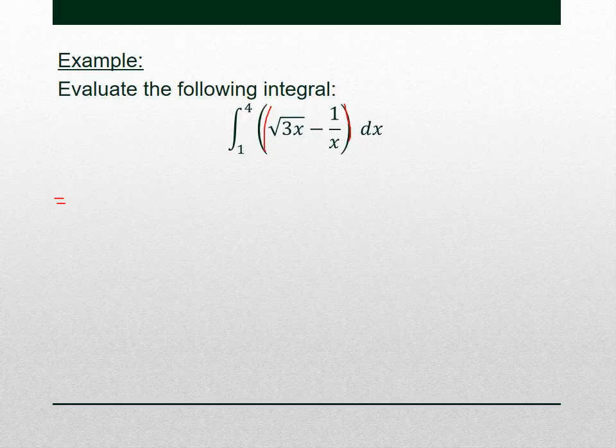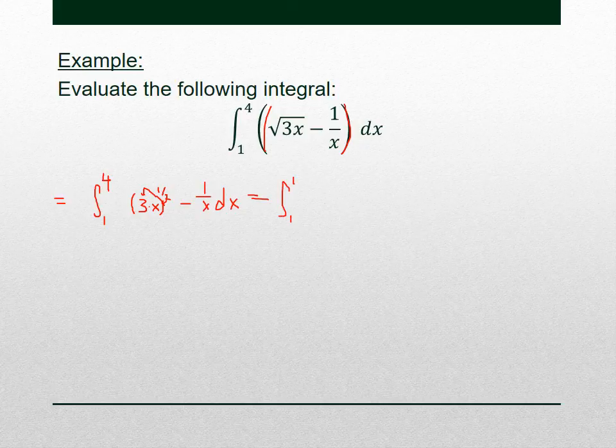Okay, next example here. Again, the definite integral, this time from 1 to 4 of the square root of 3x minus 1 over x. So we need to find the antiderivative of the square root of 3x minus 1 over x. So the square root of 3x, how can we find the antiderivative of that? Well, it might be helpful to first rewrite this definite integral with the square root of 3x as 3x to the 1/2. Right? All of that 3x is raised to the 1/2, minus 1 over x